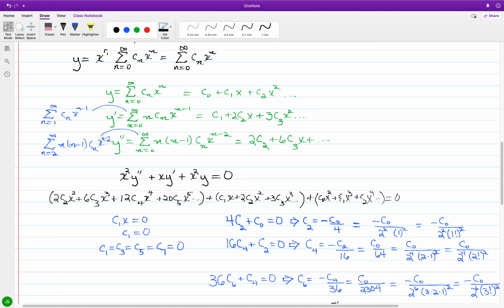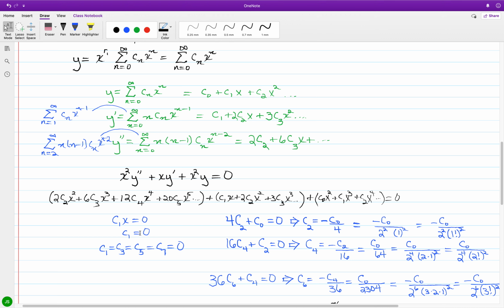Now, out of all the terms throughout the addition, the lowest degree term is going to be c1 times x, and this is the only first degree term that exists. And so if I were to align what I have here with c1 times x equal to 0, it turns out that c1 is equal to 0, and there will be a bit of a domino effect that is created